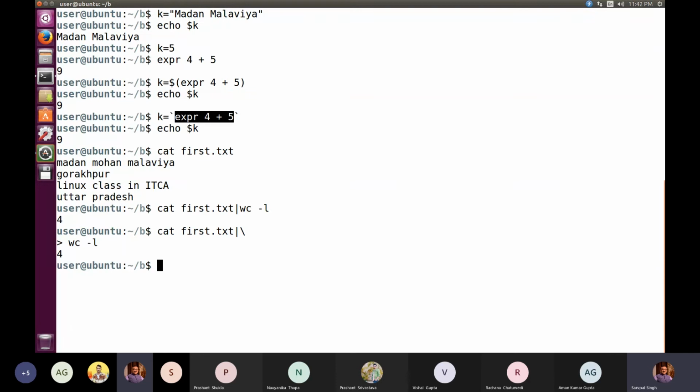That is why, when you press backslash and then enter, you get this greater than sign. By the way, this greater than sign is called the secondary prompt. This dollar was the primary prompt and this is the secondary prompt. So we still have the option of moving to multiple lines by pressing backslash again and again at the end of each line before pressing the enter key, because the usual meaning of enter is the completion of the command submitted for execution.